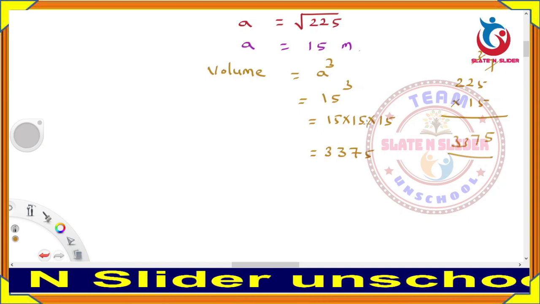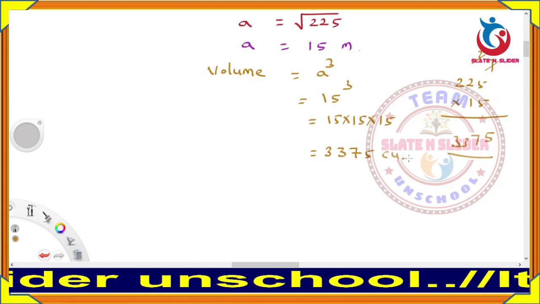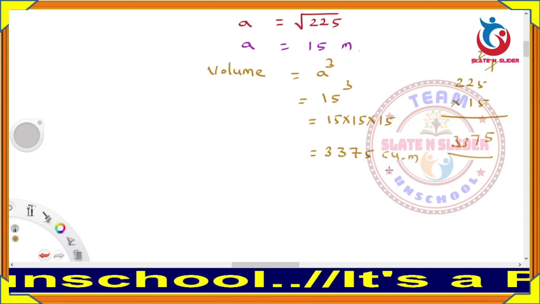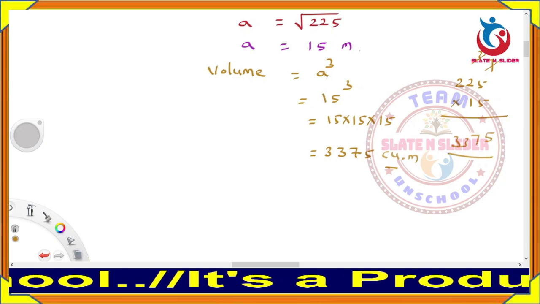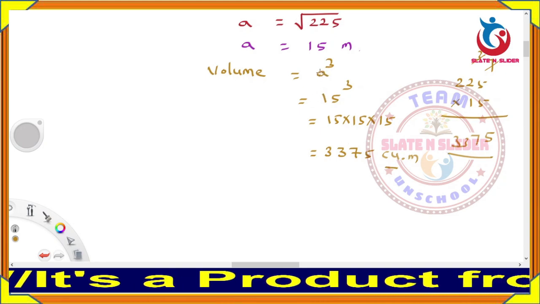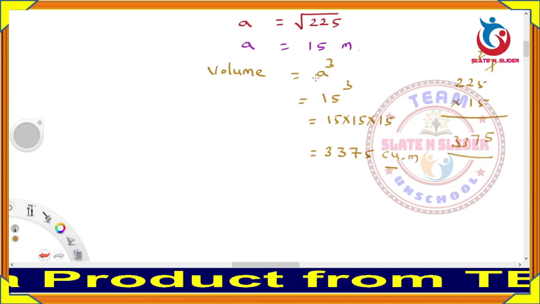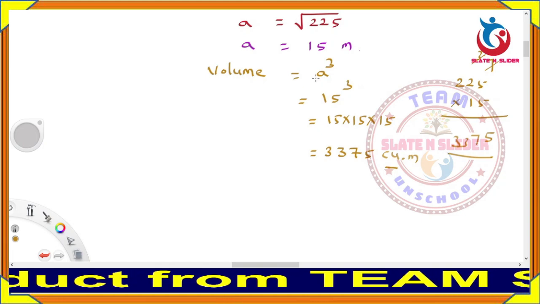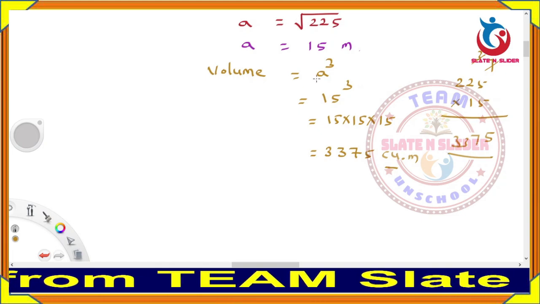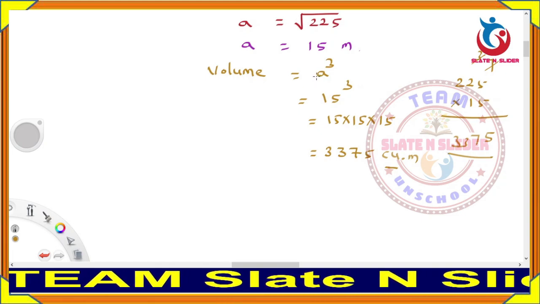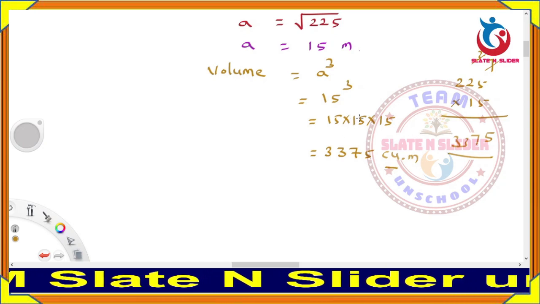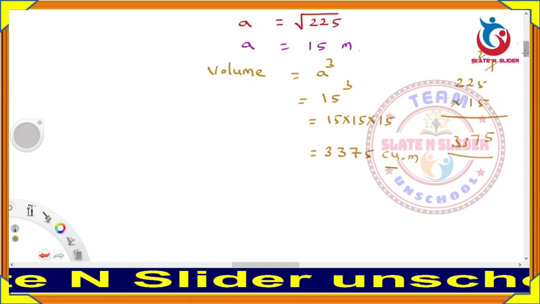The unit for the volume is cubic, so cubic meters. How did we get this word cubic? Because a is multiplied 3 times, that means the unit for a side is meters, so meters into meters into meters, so cubic meters. So from that we got the answer, and we will discuss one more question,